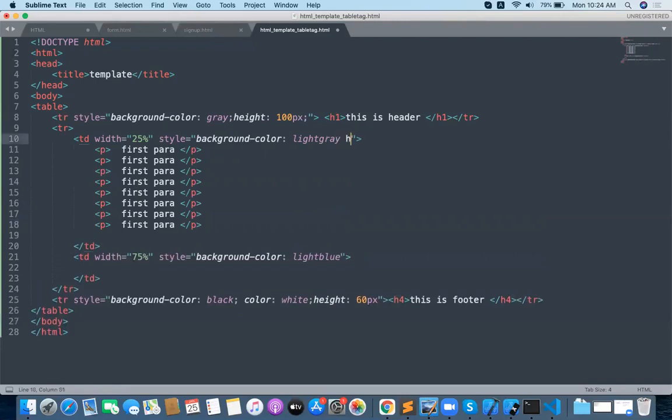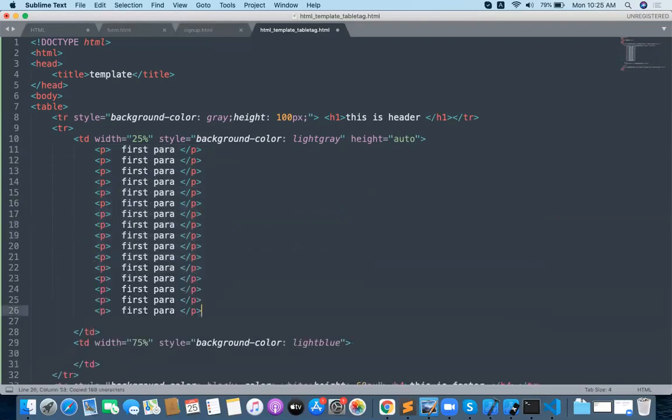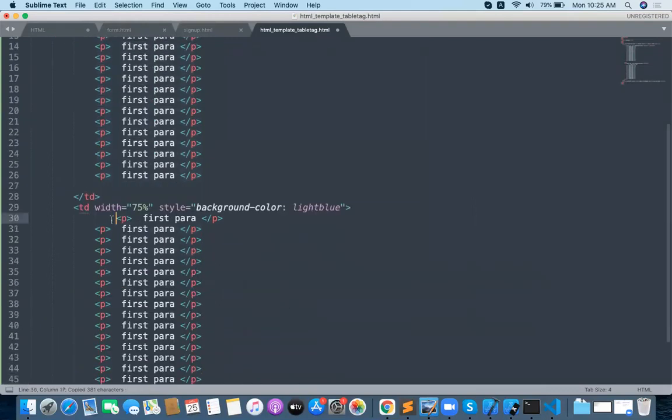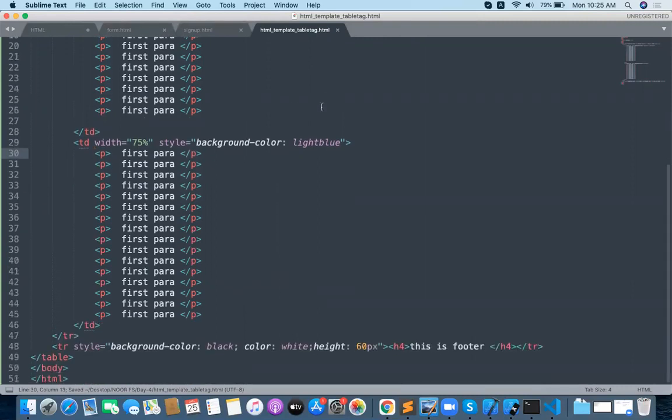Auto is nothing but, based on your content, it is going to adjust. Let me place a lot of content over here, and the same paragraphs inside this particular TD also. Content is your wish. Content is not a matter.